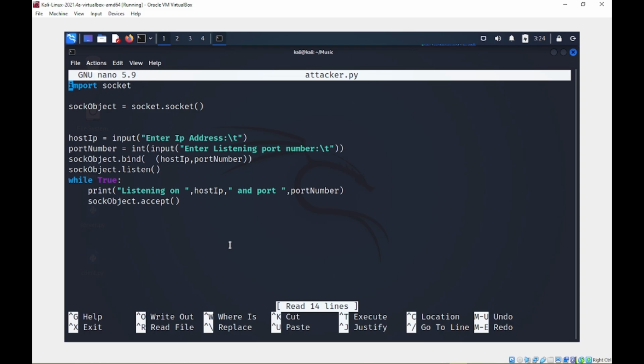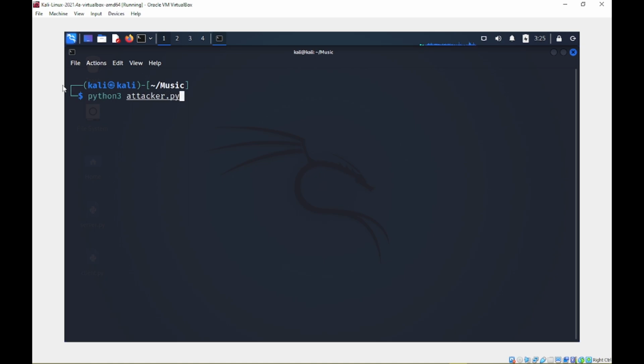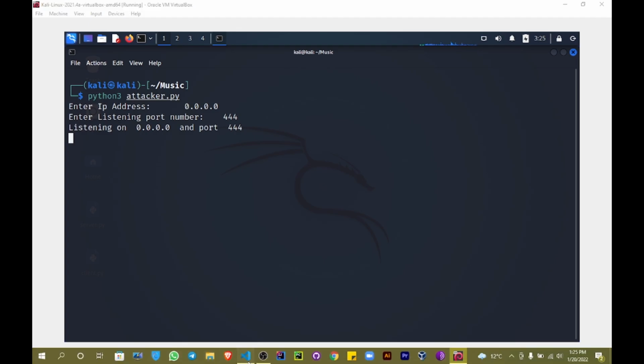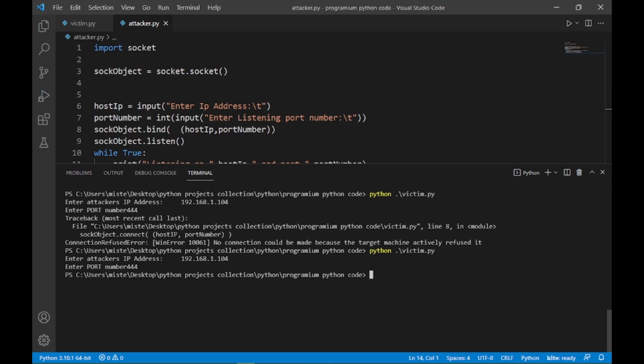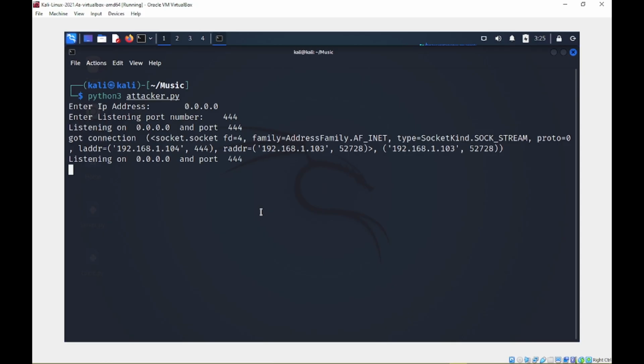Let's rewrite all these things, but this time we are going to run it, and I'm very confident that this time it would work very effectively. So let's go. Our IP address is 0.0.0.0, and port number is 4444, and listening. Okay, perfect. So let's clear it out again and run this file, and let's use 192.168.1.104 and 123. Okay, good. And you can see that wow, we got connection